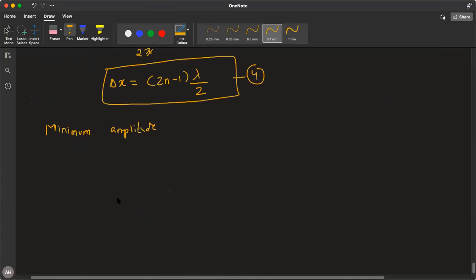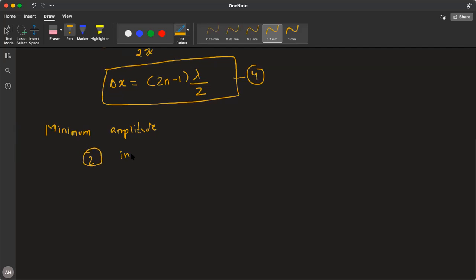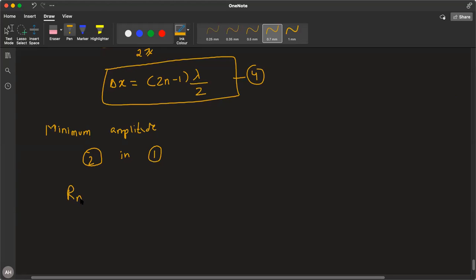So we can substitute 2 in 1, and we get that the minimum amplitude is